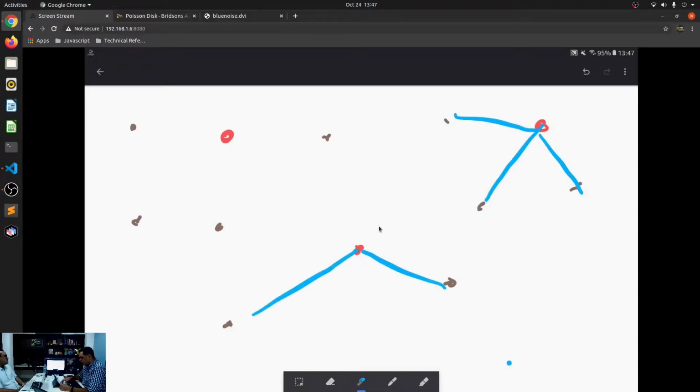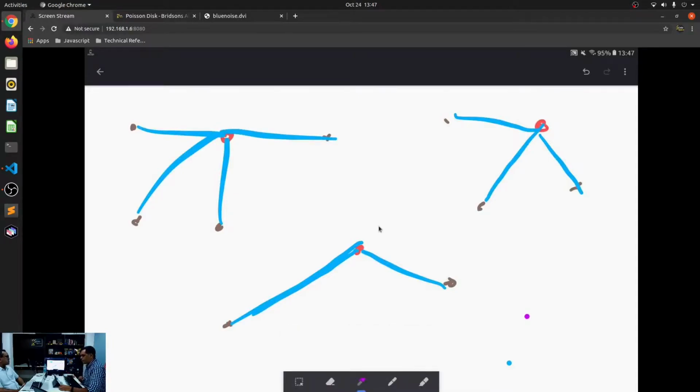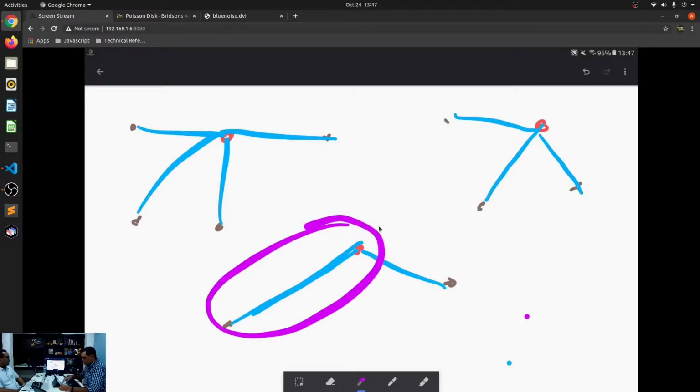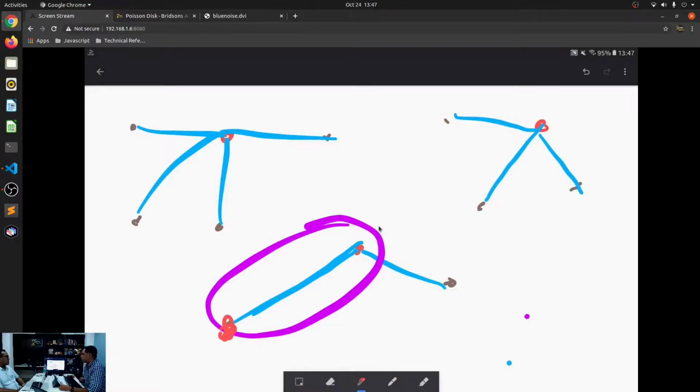The red ones are active points, the brown ones are candidates. Now, if I was to say which is the best candidate, the best candidate would be the one which is farthest away from its closest active point. So in this case, this would become an active point. That's how Mitchell's best candidate works.